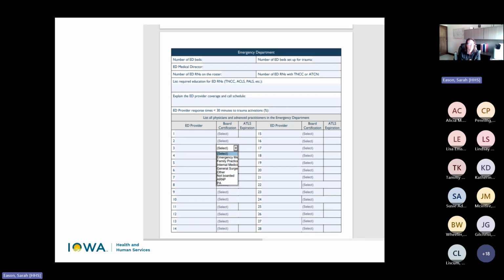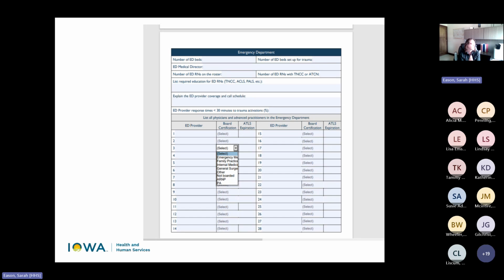Current ATLS is taking the class every 4 years and having a card to document that. So that's what I talk about with current ATLS. The exceptions to that are EM boarded physicians. A few years ago, they made the decision that if you are an EM boarded physician, you are grandfathered in, and when you are up for reboarding or recertification of your board, your trauma education is in there. And so the college and us decided that was good enough. Recognize if you are an EM boarded physician, you are getting lots of ATLS education. So those are the exception.